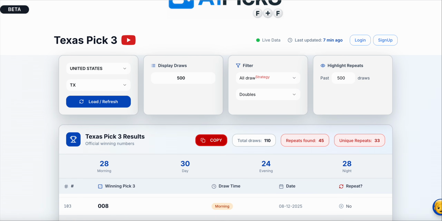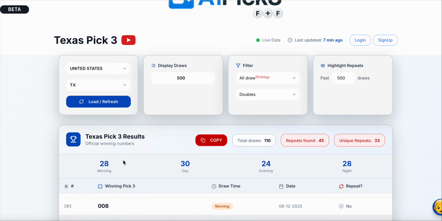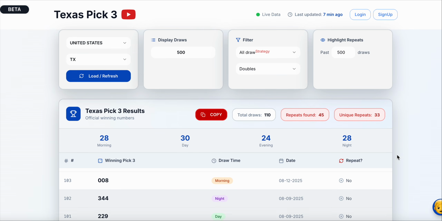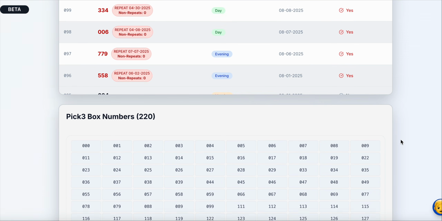What we're going to do is add the pattern strings. Each number has a pattern string. It makes it easy for the AI to help you determine what to remove. I'm going to teach the AI how to look for patterns and to remove numbers for you. So down here, it's going to have the filter for the AI, and you could click a button and it'll help reduce it more depending on the patterns.